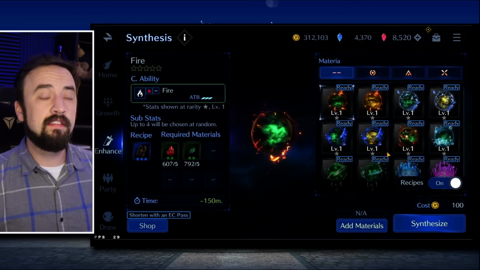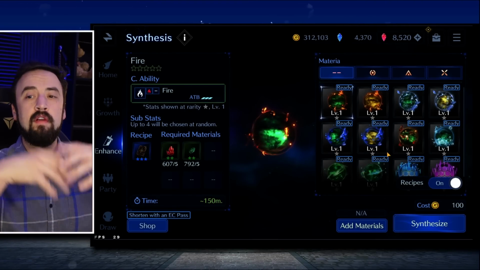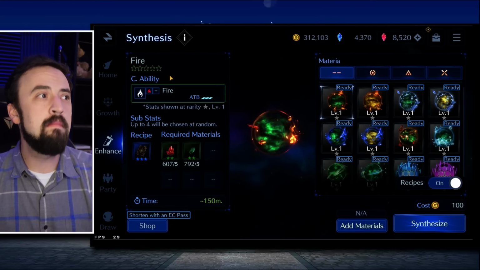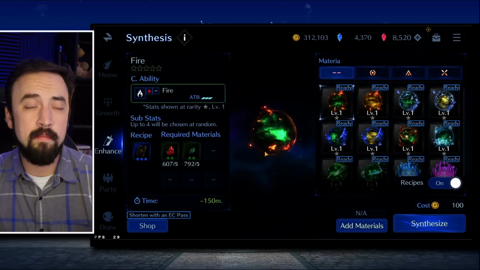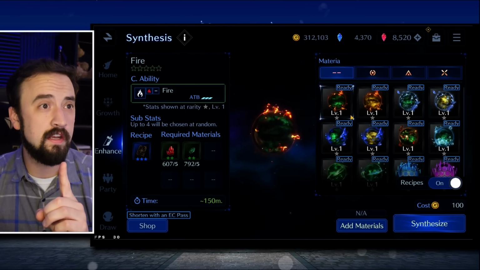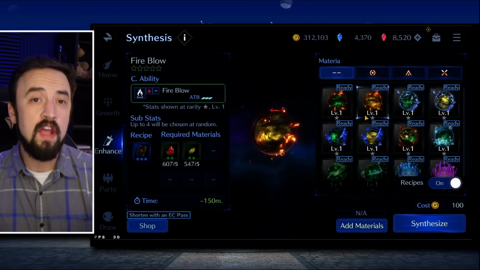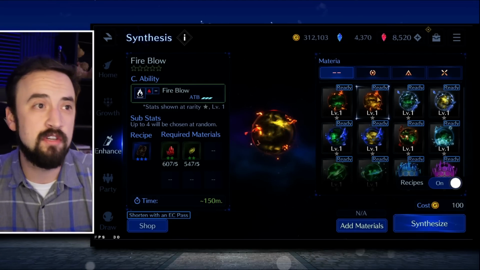You want at least one usable materia of every element and every type and every sigil. What I mean is, for fire, you never know when you're going to fight a boss that's weak to fire. You want to make sure you have one fire spell ready to go at least, and at least one fire physical attack ready to go. So your mage has access to a fire spell, your physical attacker has access to a damaging spell of that